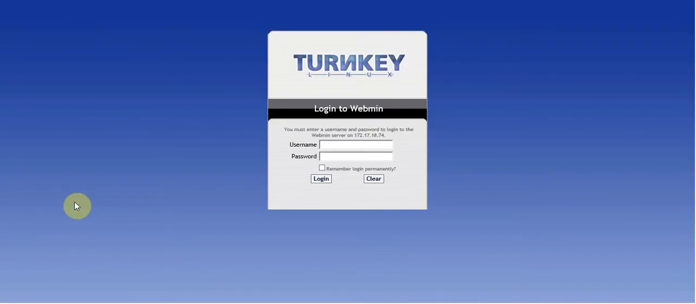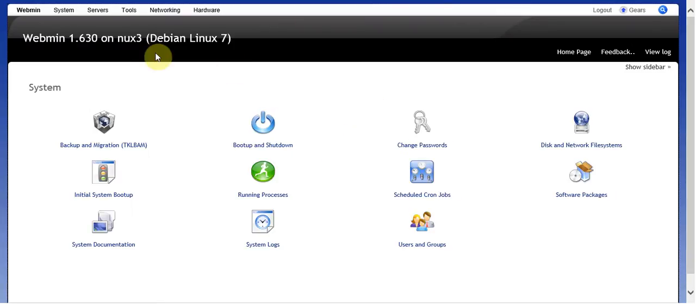So after you install Turnkey Linux, you want to go ahead and add your users. So what you want to do is go ahead and sign in. And notice the URL that you want to log into is the IP address, and then to get into Webmin,